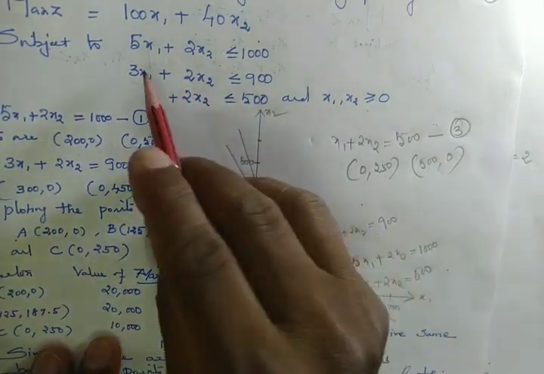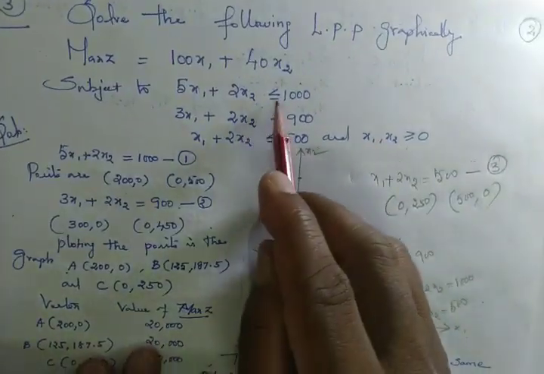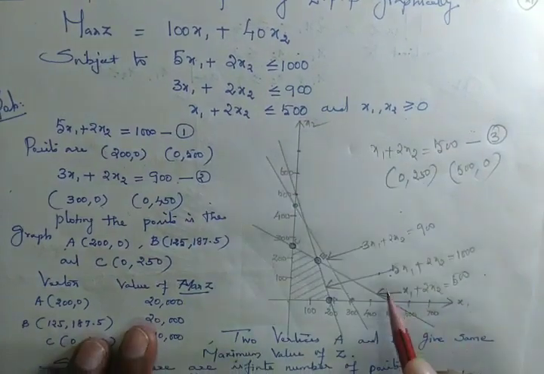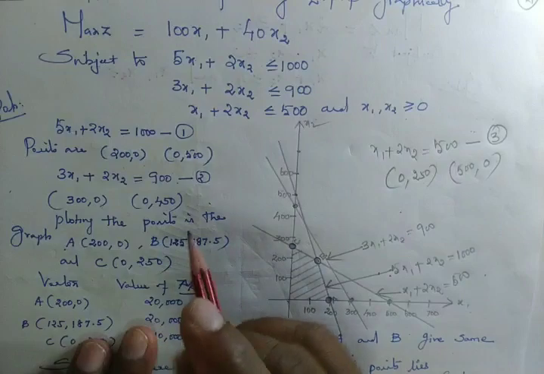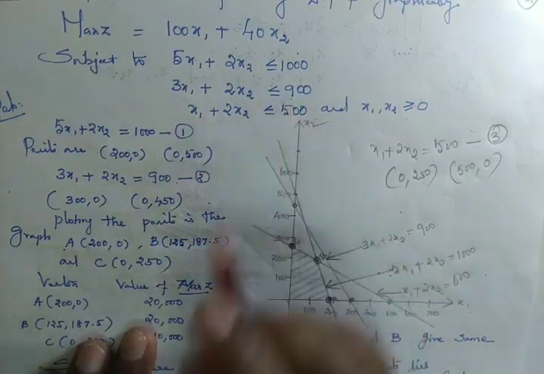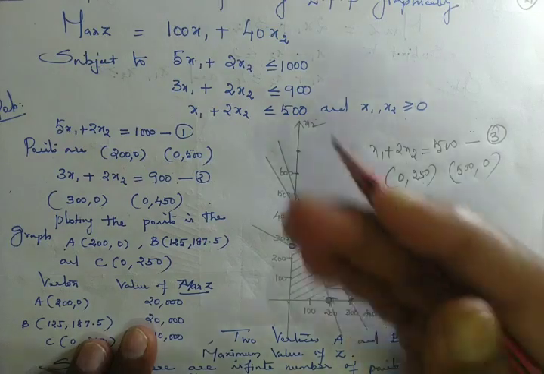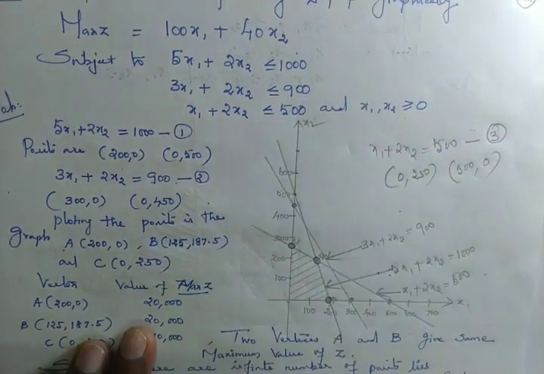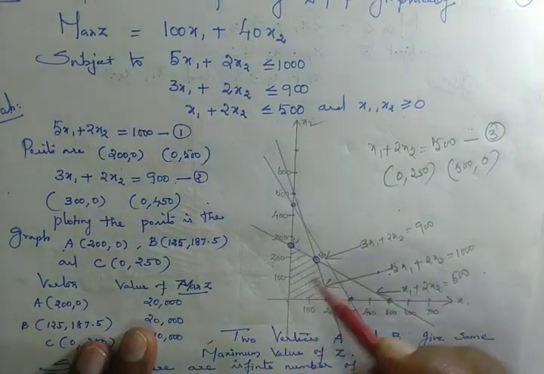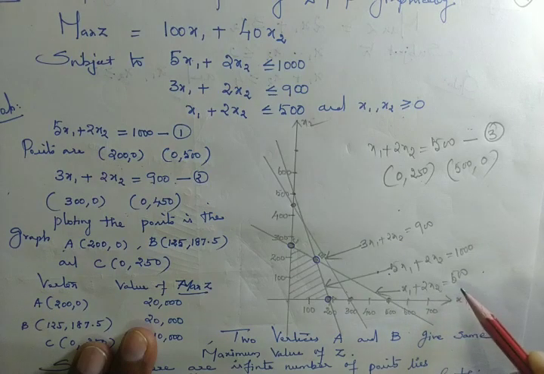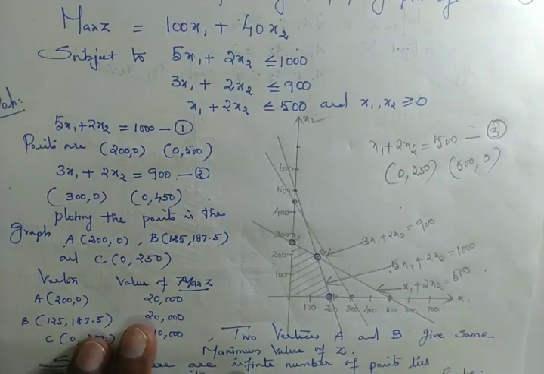See, the first constraint says 5x1 plus 2x2 less than or equal to 1000. Less than or equal to 1000 means your region lies below the line 5x1 plus 2x2 equal to 1000. For 3x1 plus 2x2 less than or equal to 900, your region also lies below the line; don't cross the line. The third says x1 plus 2x2 less than or equal to 500, so the region again lies below the line x1 plus 2x2 equal to 500. Now after drawing that, you are going to find the